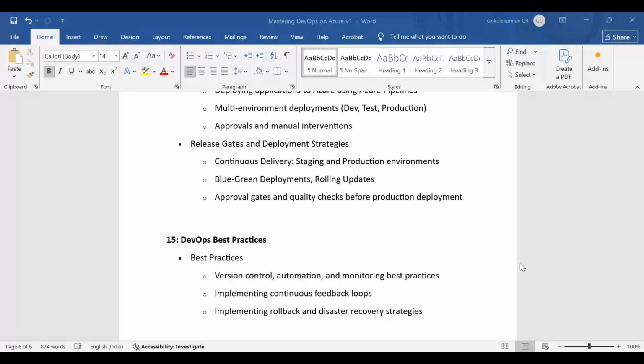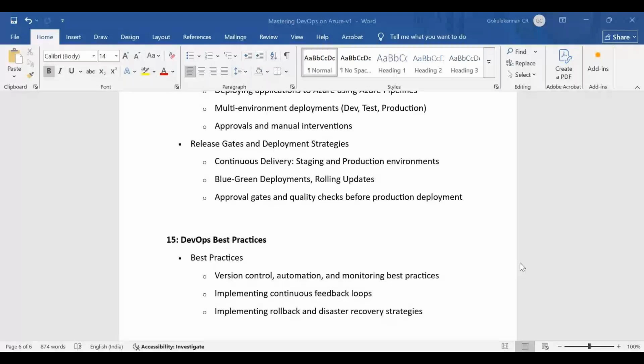So it's not like you should have some prerequisite to go through this course, because we have set this course curriculum in such a way that if you're not from the cloud background, if you're not from the development background, still you can attend this course and you can upskill yourself in the DevOps area. So we are covering from the scratch. That's why we always say that from the beginners to the expert level, we are doing this training.